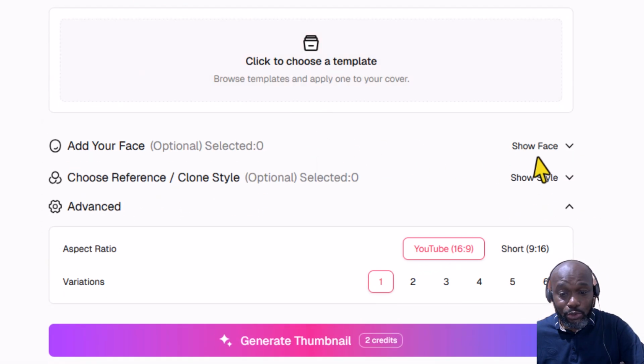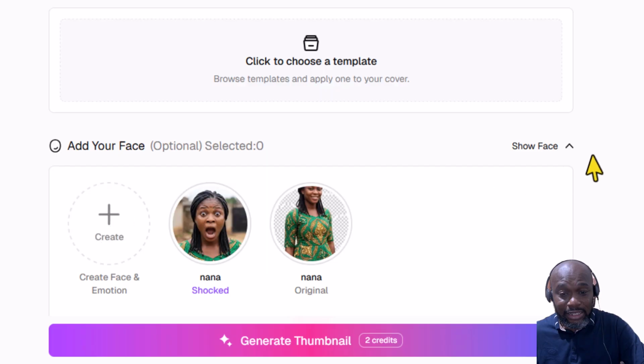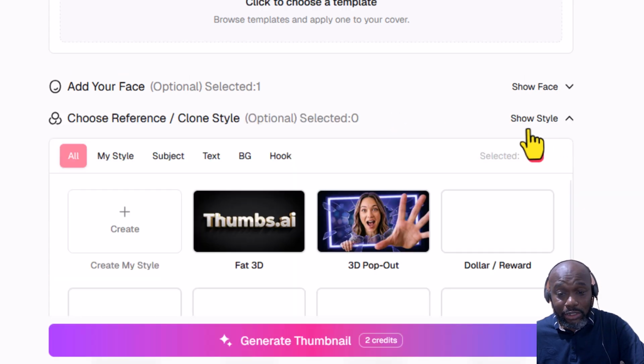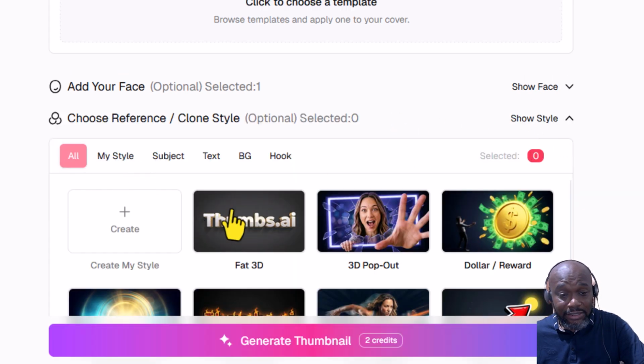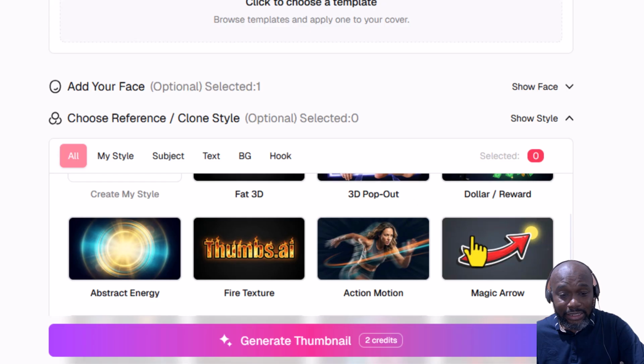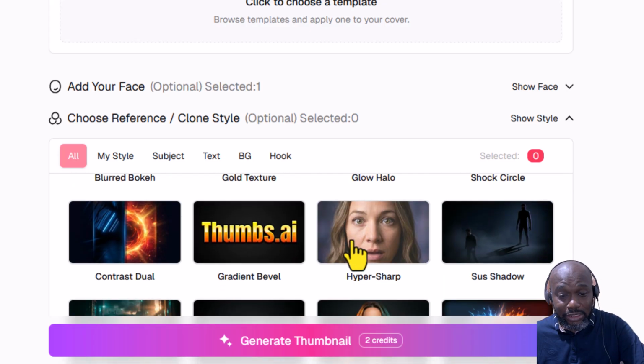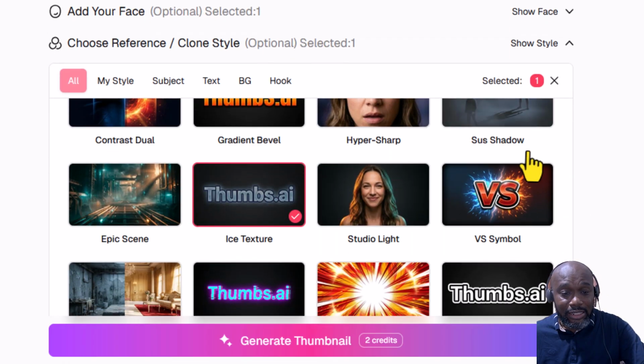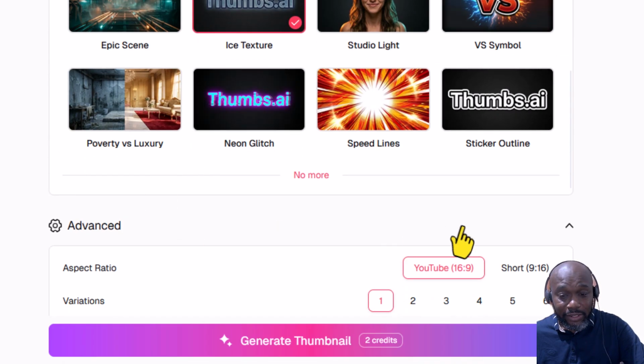or you could also add your face. You could add your face to it. If you have your pictures uploaded, you can also change the style. Maybe you want it like this. Anyhow you want it, you could just use any of these as samples. You can go to the advanced,